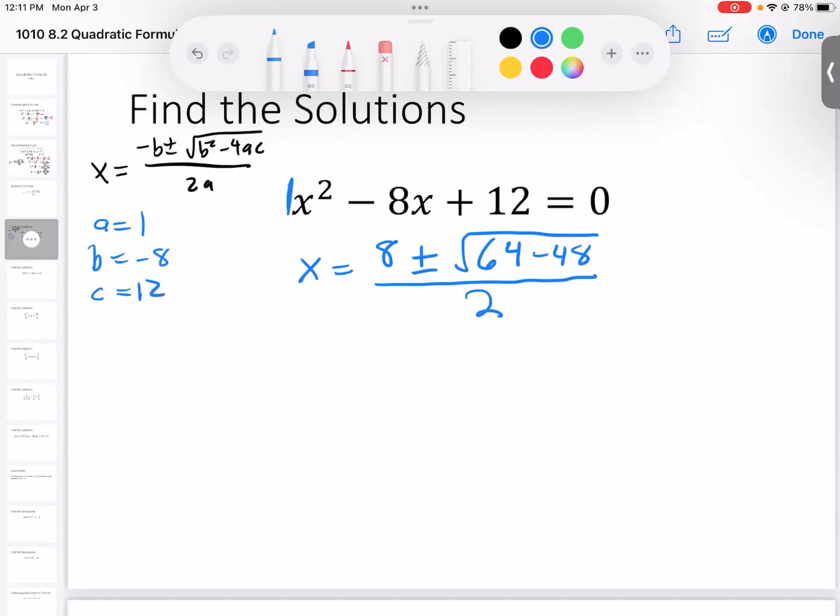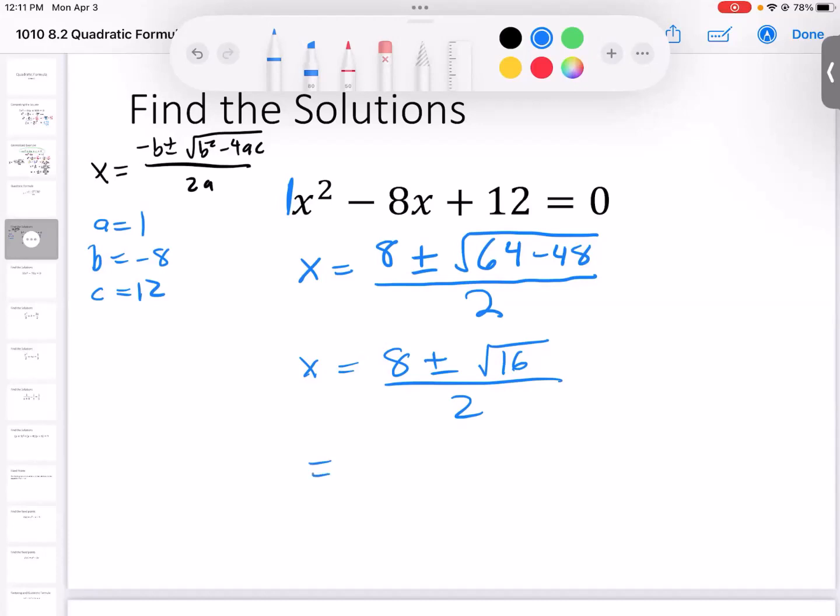So make sure you pay attention to those. So now we can just simplify this. We get 8 plus or minus, and then 64 minus 48 is going to be, oh, great. It's a perfect square. So we get the square root of 16 all over 2. And since it's a perfect square, that actually means that you can simplify this out into both solutions, because you